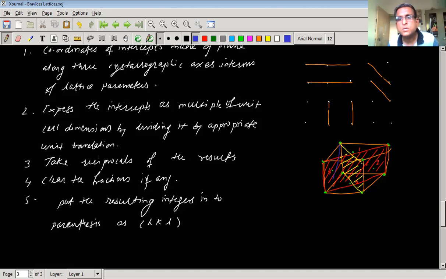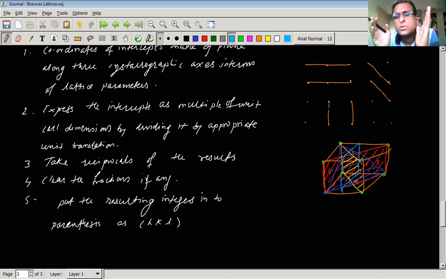You see here a plane passing through these lattice points. This seems to be triangular, but a plane is actually of any shape. So this is also another plane, isn't it? Also, a plane can be in the middle of the body here. If you draw a plane again, a different plane here, we can draw a plane like this. We can consider a plane at the center of the cubic lattice.